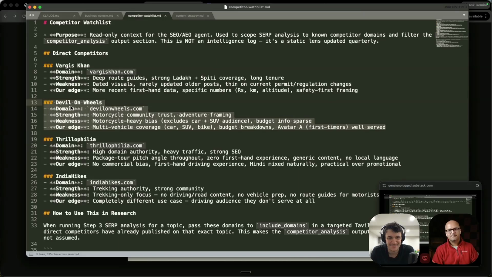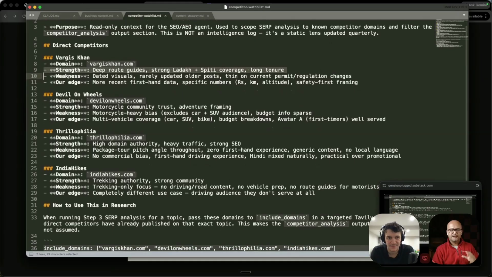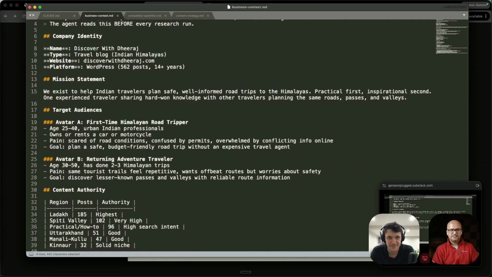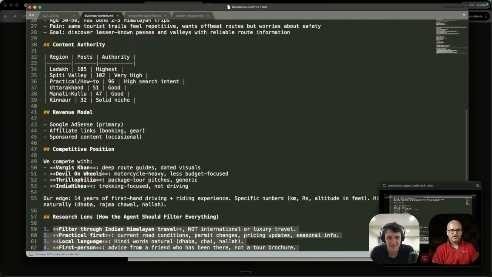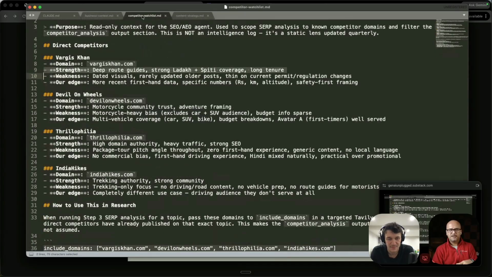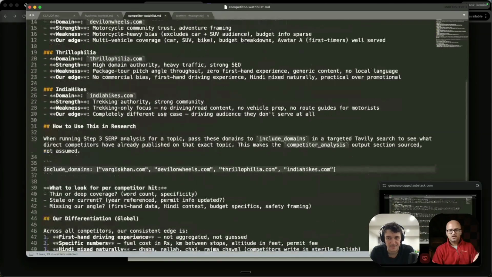But this is the same brand that I converted, and because in its research it found some instances, it used it over here. But these are all the details: what are their weaknesses, what are their edges, what are their strengths. So I have a dedicated file. You can put this content in the section over here as well when you are defining your competitors, but I split it into a separate file, so you can use that as well.